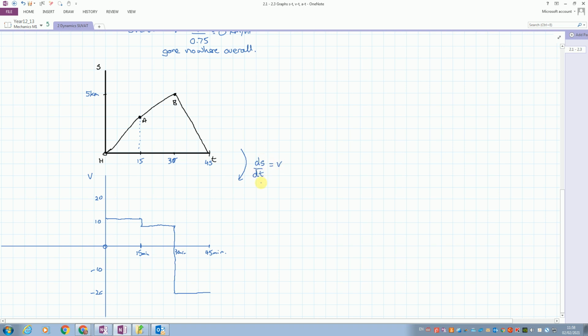Now, if you think about the relationship, we just did a form of differentiation, ds/dt, and that gave me my velocity. If I want to go the other way, I can get s is the integration of velocity with respect to time. And we recognise this as an area formula. So what it's actually telling us is, if I take my 12 kilometres per hour,